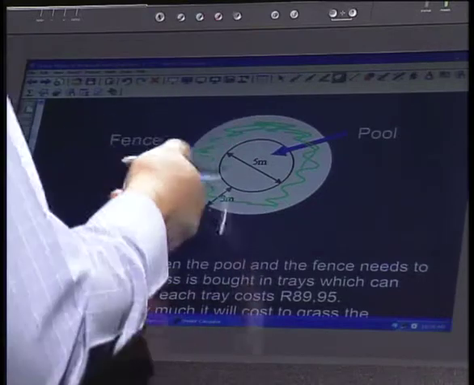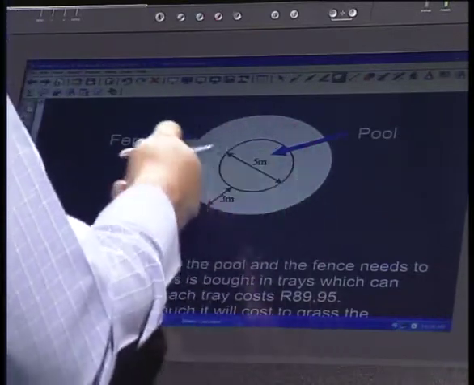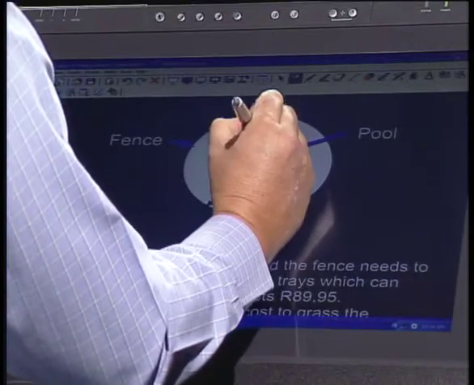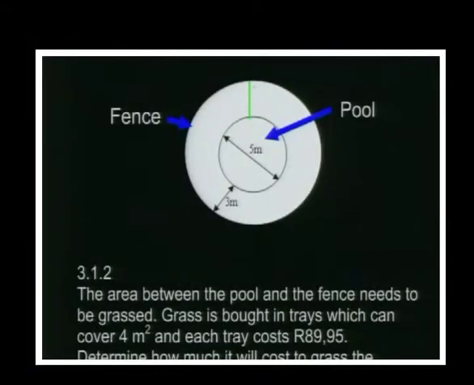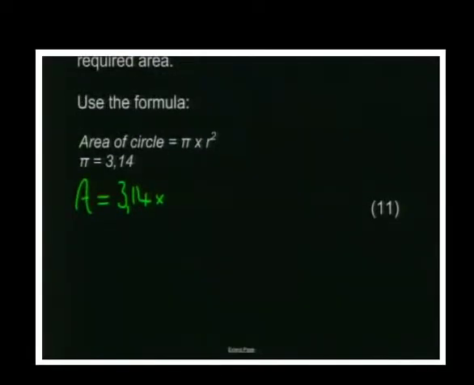Do you remember earlier, we said that the distance from the fence to the pool is 3 meters. This whole distance here is 5 meters, and that distance is 3. And so we came up with 11 meters. But that was the diameter. And folks, we don't need the diameter for this. We need the radius. And the radius is half the diameter. So if my diameter is 11 meters, my radius must be 5.5. So we're going to say times